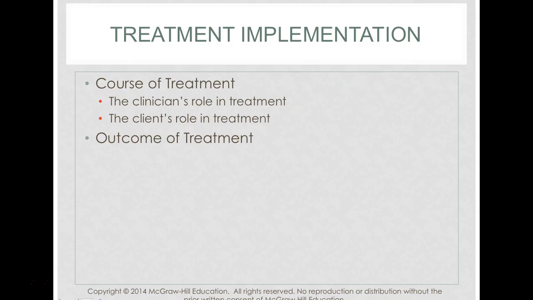Treatment implementation, course of treatment, the clinician's role in treatment, the client's role in treatment, and outcome of treatment. Of course, the ideal here is that this is really collaborative, and the client is really active. Another really important part of implementation of treatment is having strong rapport with clients as the clinician. That means having established a really strong base of trust and openness, so that the client really does feel safe and supported in talking through things that they probably never have before. So creating a really safe environment for them to be able to make progress